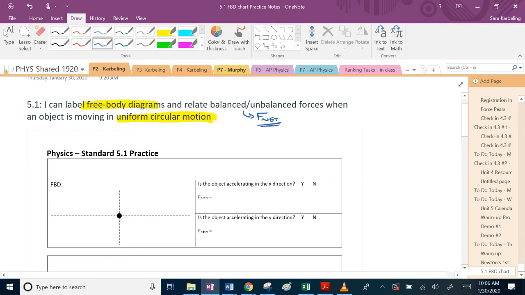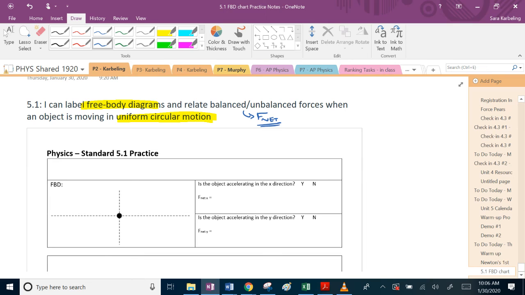I'm going to do one practice one today. Maybe we'll get to 2. We'll see. We're going to look at the yo-yo that was on the floor. One of the funny things about uniform circular motion is you have this kind of like 3-dimensional thing going on. If I draw the yo-yo from above,